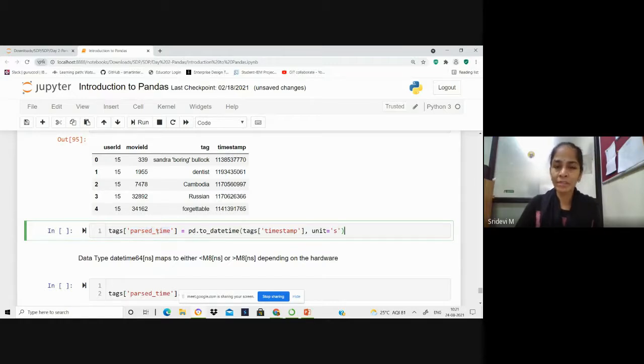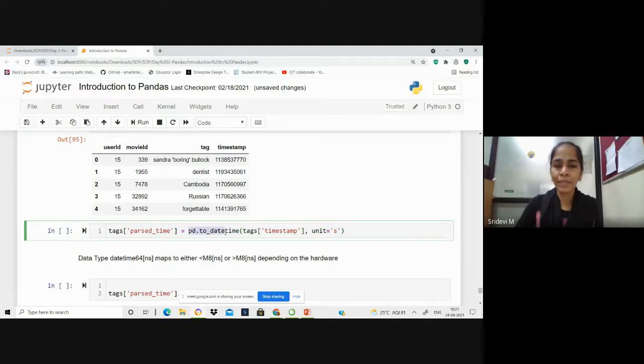So how to parse this? We need to use the toDateTime method of the Pandas library. Pandas has a method called toDateTime, which will take the original timestamp and convert it into a valid date and time.